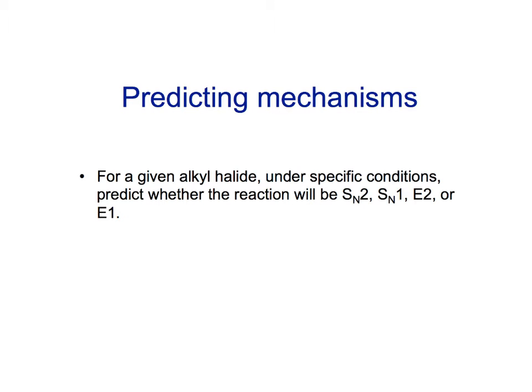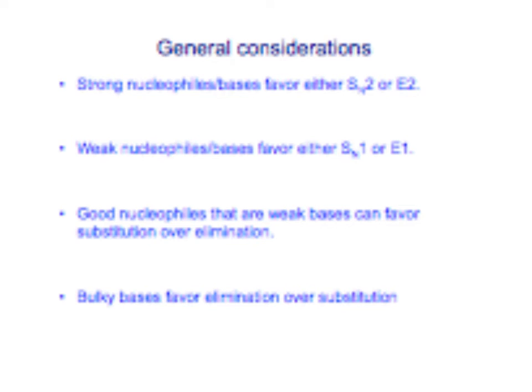We have now learned two reactions of alkyl halides with four different mechanisms. In this highlight video, we will devise a strategy where, for a given alkyl halide, under specific conditions, we can predict whether the reaction will proceed through an SN2, SN1, E2, or E1 mechanism. Let's start with some general